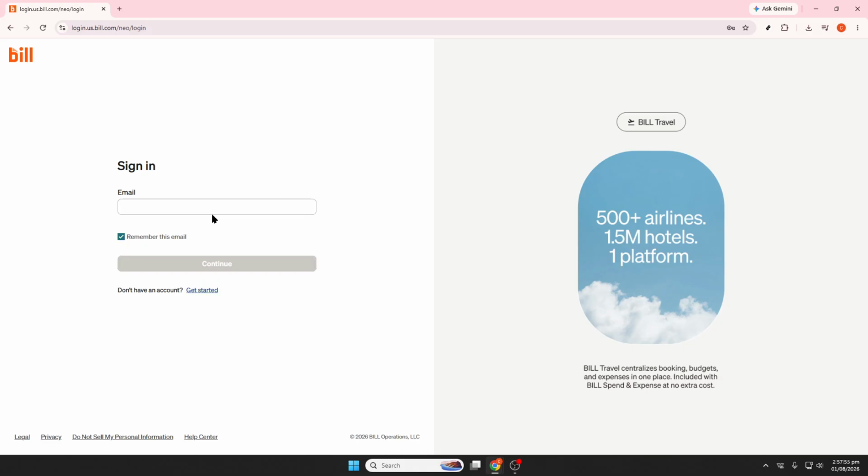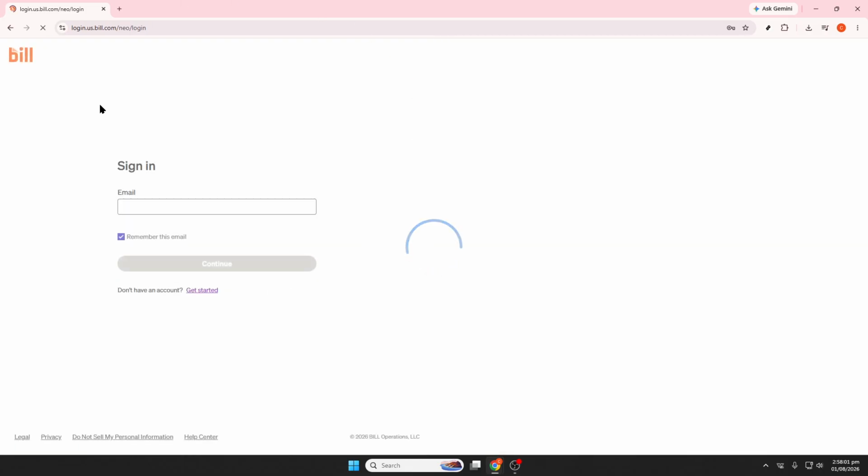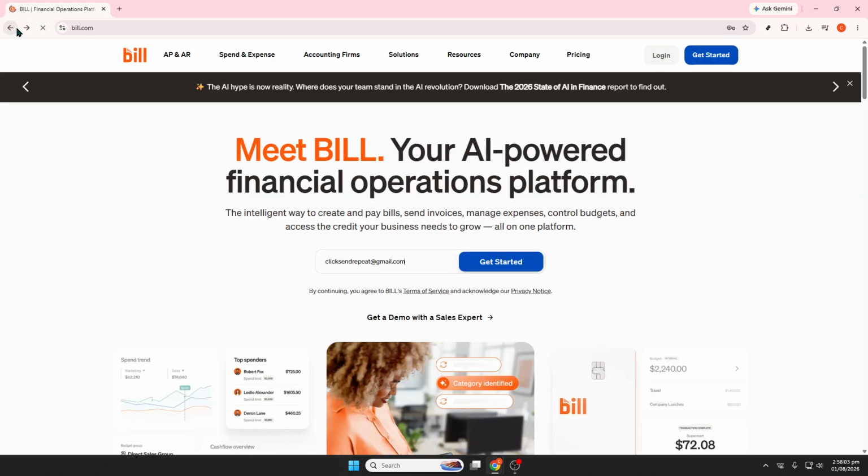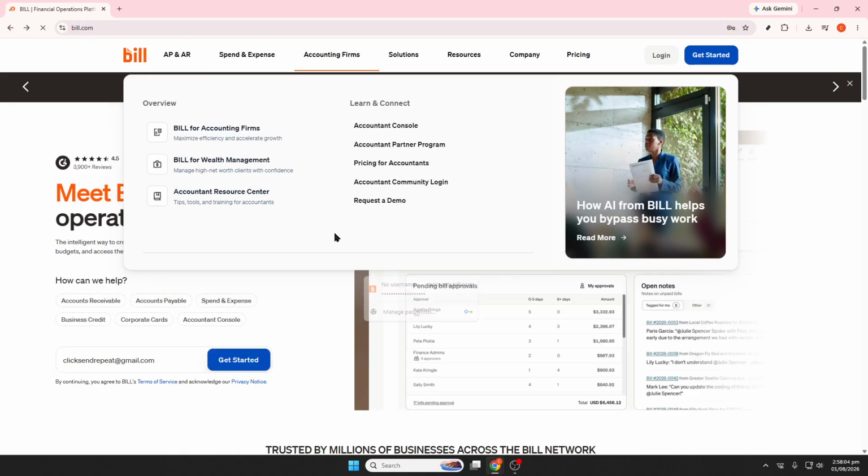From there, click New Vendor or Add Vendor, depending on the version of the interface you see. Now you can begin entering the vendor's information. Start with the legal business name. It's important to enter the official name accurately, since this helps keep your records organized and ensures payment details match the vendor correctly. If you plan to send electronic payments or communicate through the platform, add the vendor's email address